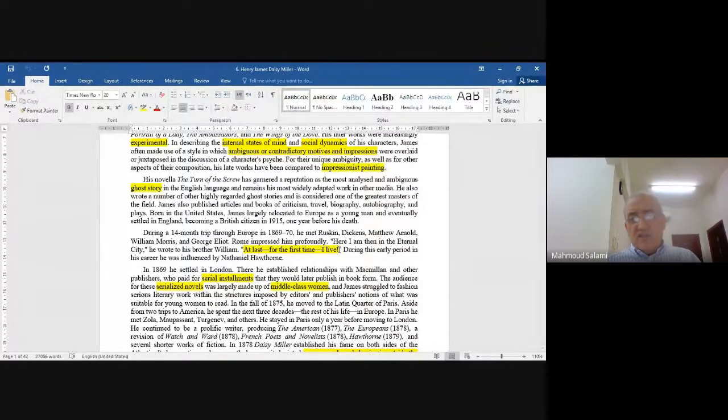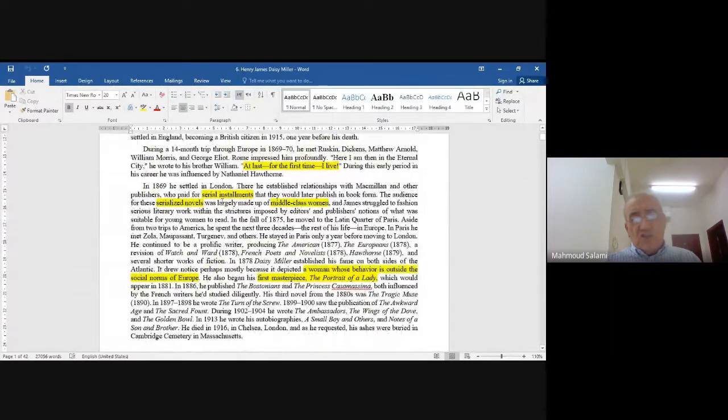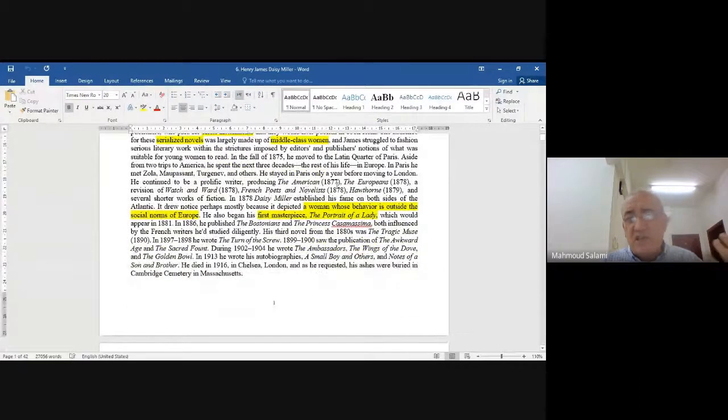Most of his fiction, as you can see here again, was published originally in serial installments, like mostly serialized fiction in the 19th century. Most of the 19th century novels were published in serials or in sections or portions in magazines and newspapers, and later on were published as novels. Because of this serialization, he was typically writing like any Victorian novel, for middle-class society, mainly rich society, and also, we can say, middle-class women, which is again typical of that. And here I mention examples again, novels like